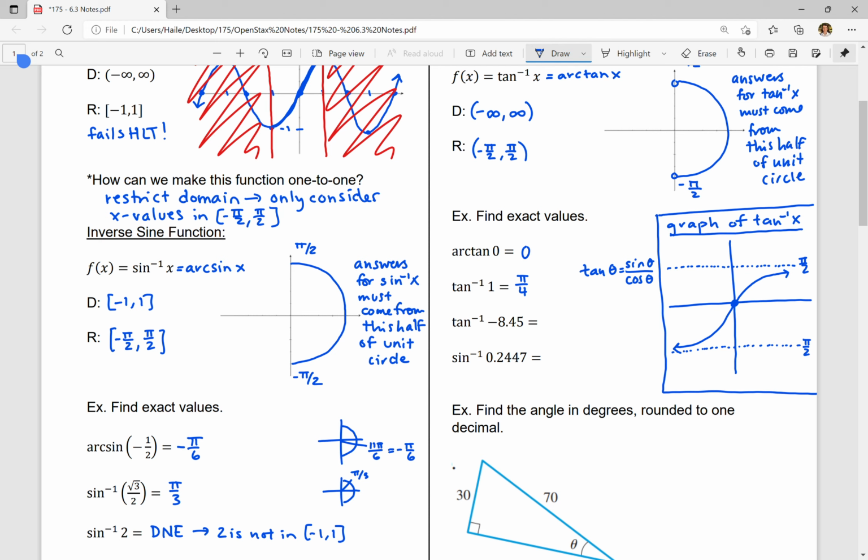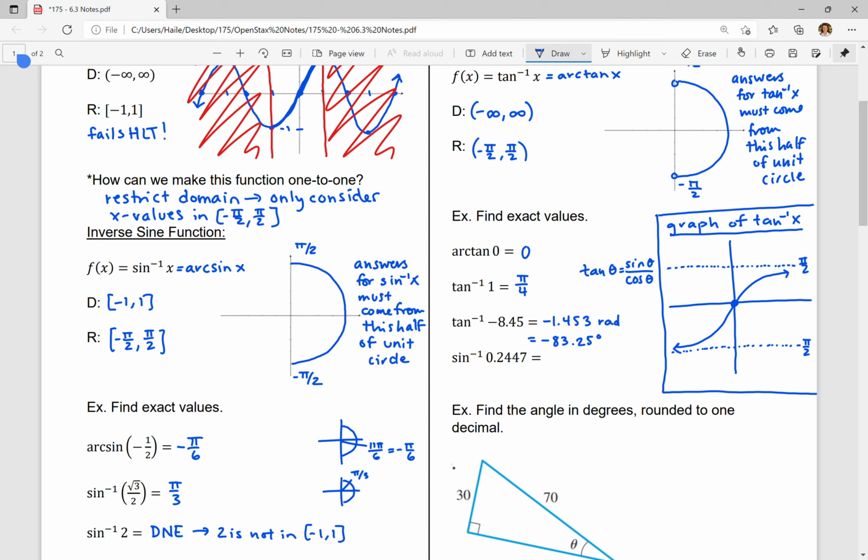So if we were to plug this into a calculator, your tangent inverse button, if you've never had to use it before, should be above your tangent button. So you might have to hit second function and then tangent, and that should give you the tangent inverse function. But anyway, if you were to type this into your calculator, if you're in radian mode, you should get negative 1.453 radians. And if you're in degrees, you should get negative 83.25 degrees. So it's very important when you're reading a problem in 6.3, or anytime you're using inverse trig functions,